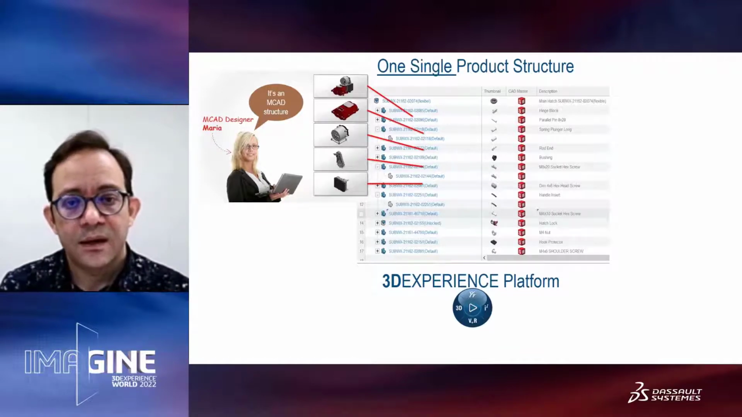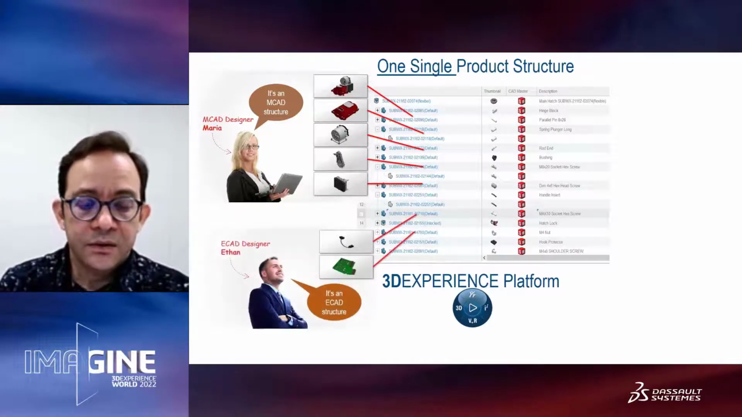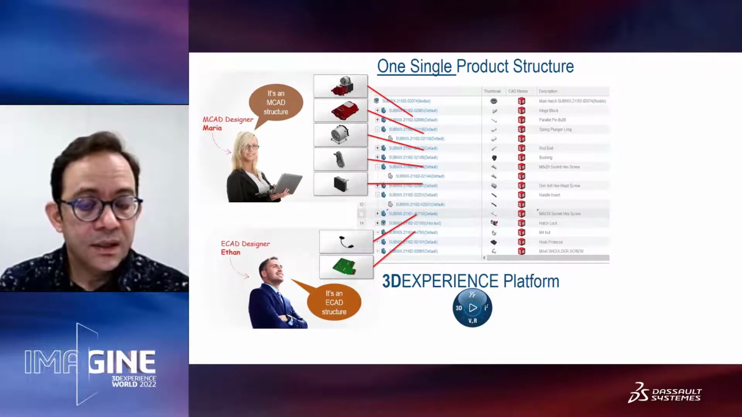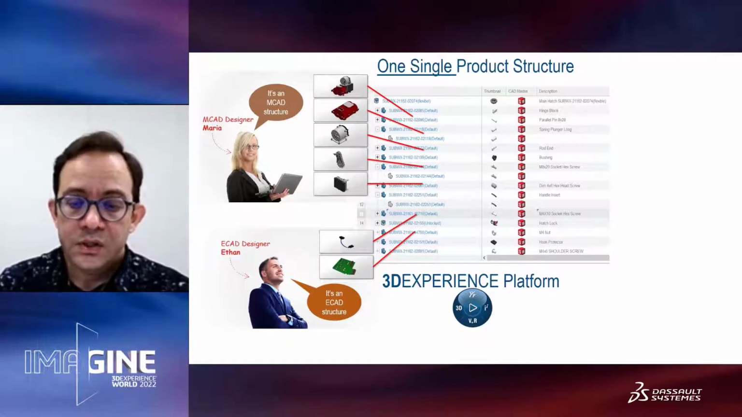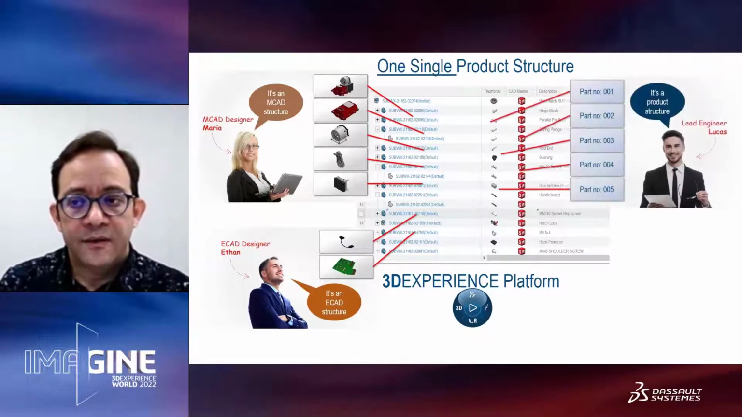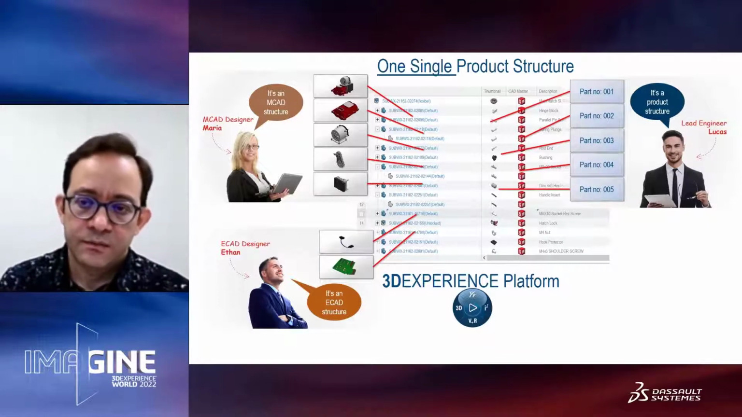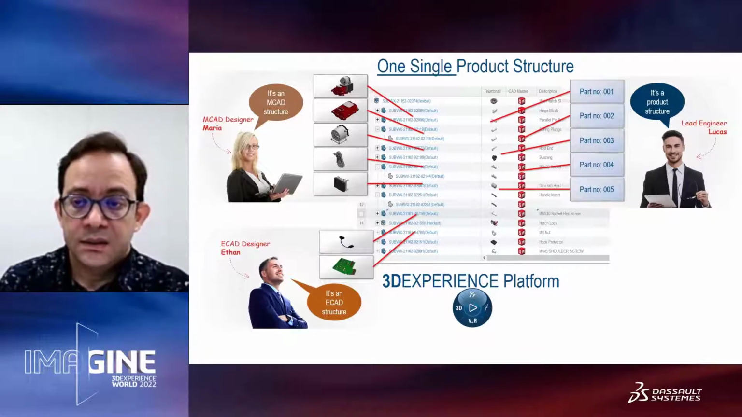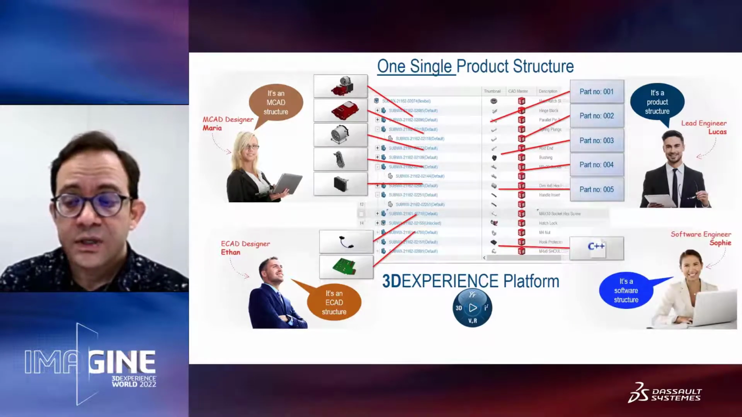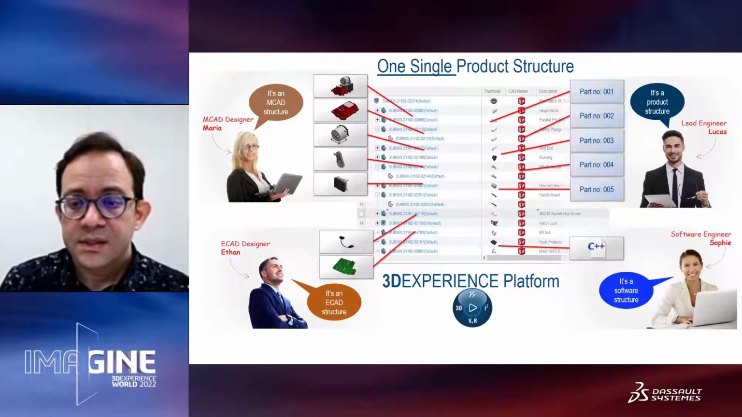For me, this is a mechanical structure. If I am an electronic designer, then I will be looking only at those electronic components which are of interest in my design, in my daily activities. If I am a lead engineer, I will be focusing on those parts which make my work. And as a software engineer, I would be looking only at the software part of this